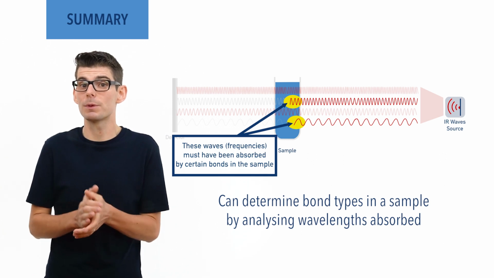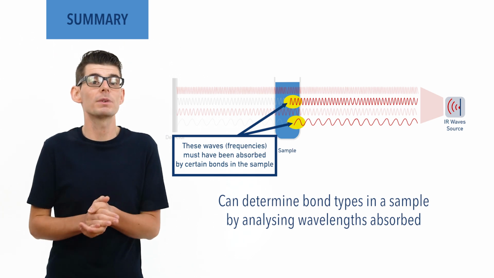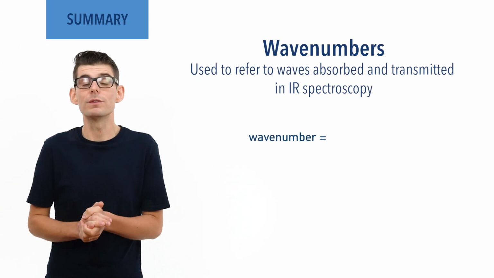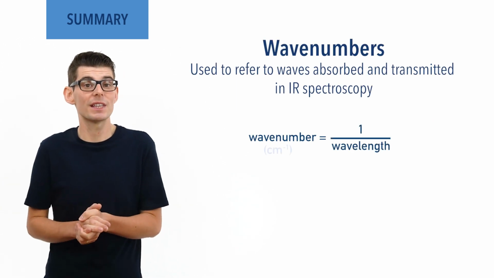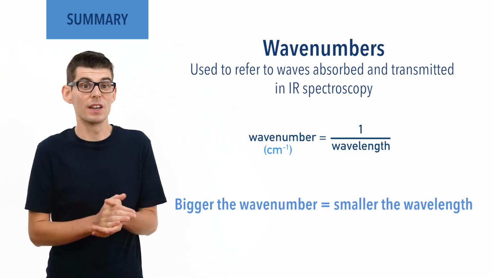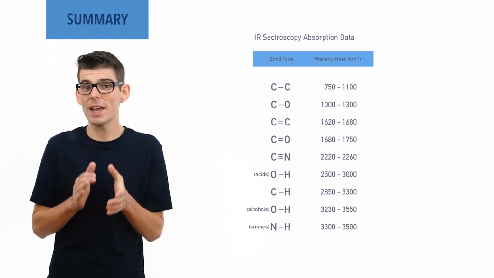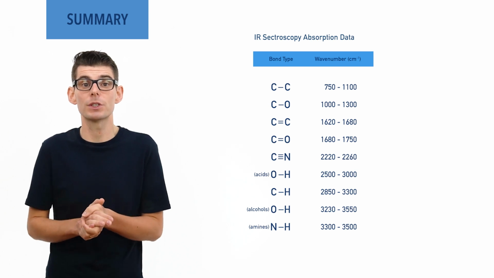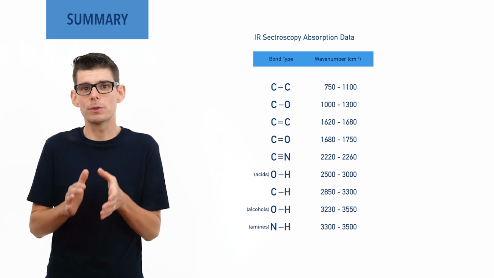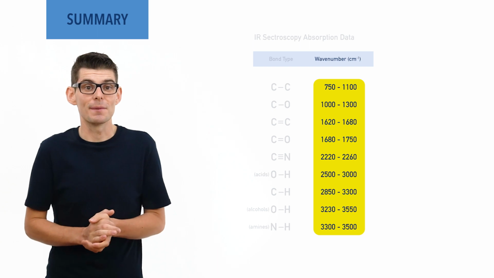Wavelengths are used to distinguish between different IR waves. However, wavelengths are very small, meaning wave numbers are used instead, to make things easier. A wave number is just 1 divided by wavelength, with units of centimetre to the -1. The bigger the wave number, the smaller the wavelength, and the higher the energy of the wave. Tables are produced that show the range of possible wave numbers a particular bond type is likely to absorb. The same bond type in different molecules will absorb slightly different wave numbers, which is why a range of values is always given in such tables.